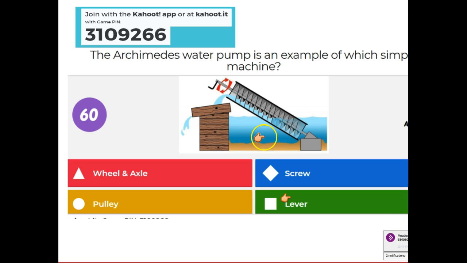The answer here was actually screw. The answer is screw. This is an example of a screw. Edgar, you are